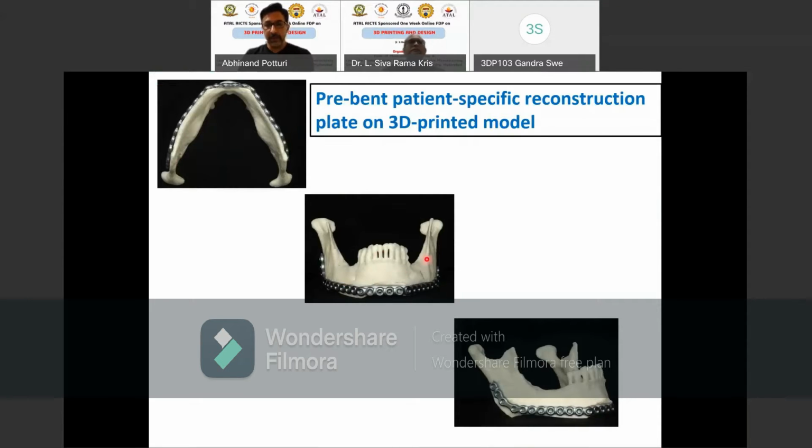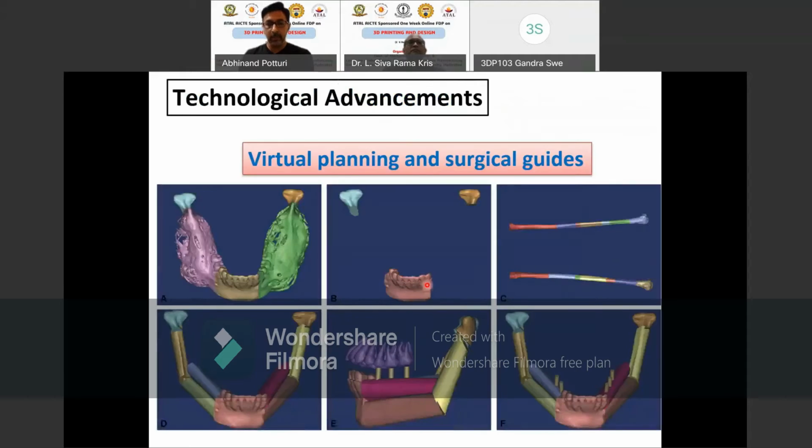That means, for example, if the tumor is on this side, we remove the tumor from that side and we mirror image this part of the normal bone onto this side to get the exact shape of the original bone. And then we use a plate to create a template, and then this template plate will be used on the patient's leg and then that straight bone will be cut into the shape of this bone. See, this is what it is. And then once this is all 3D, we can put the teeth onto this bone by exactly getting the relationship in a correct way. I will show you in subsequent slides how this is also done.